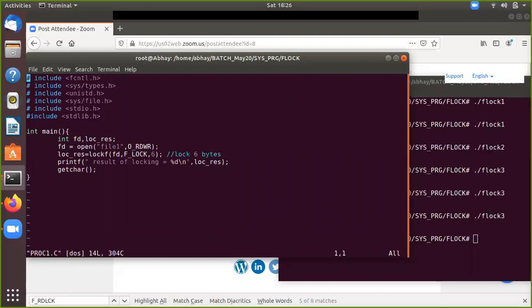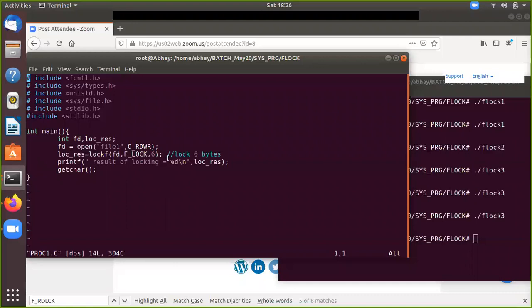A call to lock from another process is going to attempt to lock the locked file. In this section you specify the size from the current offset. If I'm saying 6, it is going to lock 6 bytes from the current offset.